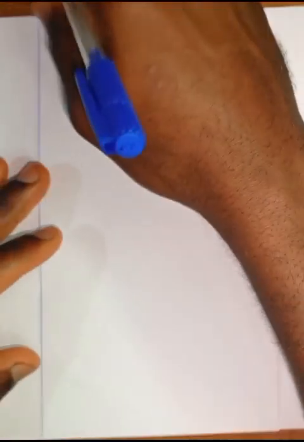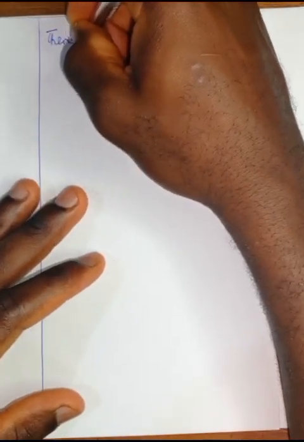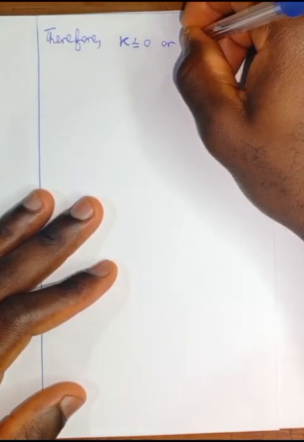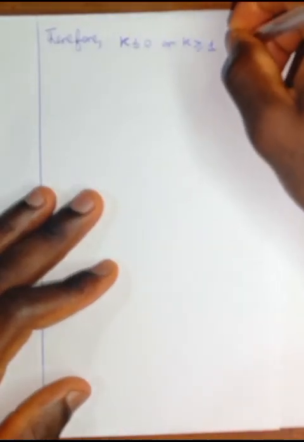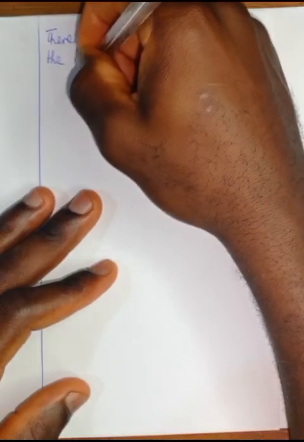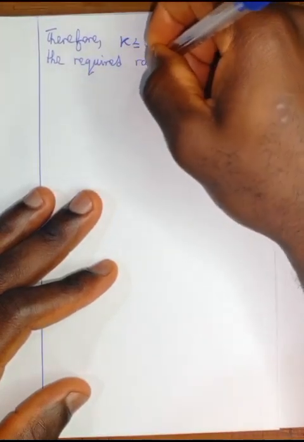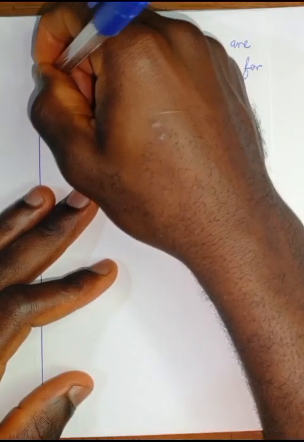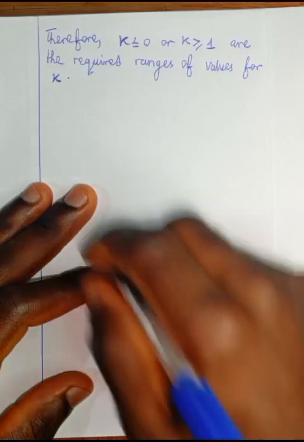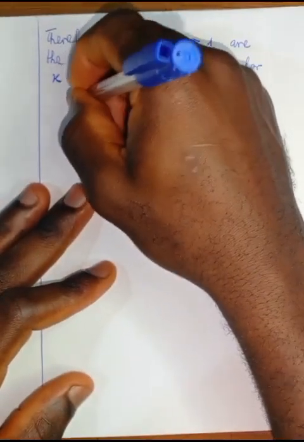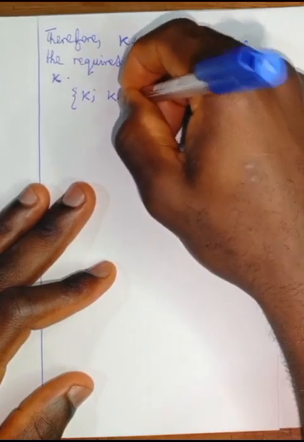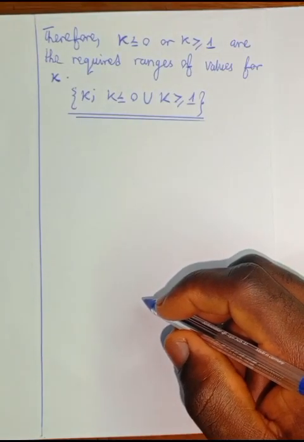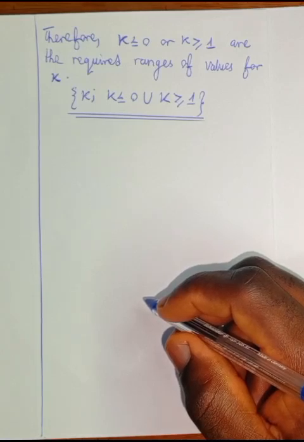We conclude, therefore, k less than or equal to 0 or k greater than or equal to 1 are the required ranges of values for k for that quadratic equation to have real roots. We can also write this as a set: k such that k is less than or equal to 0 union k is greater than or equal to 1. So this is how we find the range of a quadratic function by making use of the method of completing the squares,